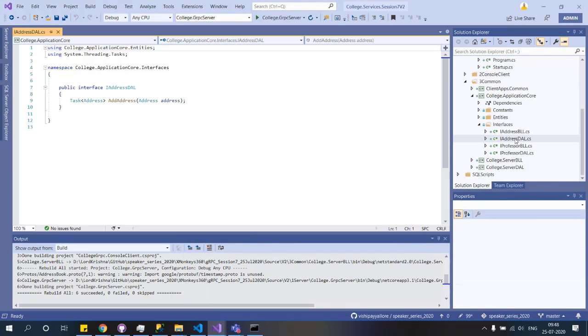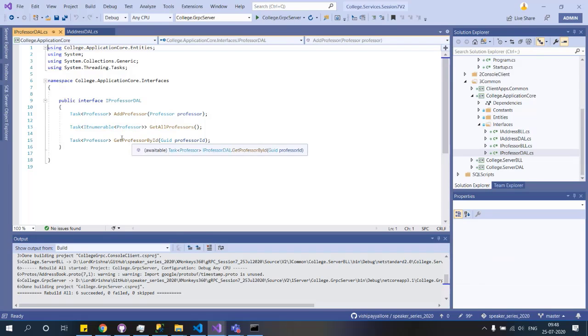Okay, so in this, what is expected is we will receive a GUID of this student ID, and that GUID should go and retrieve me the information. Okay, that's the deal now. So given a GUID, it should give us an IEnumerable of this one. It's similar to this IProfessorDAL. There is GetProfessorByID, exactly similar to this one. There is no difference at all.